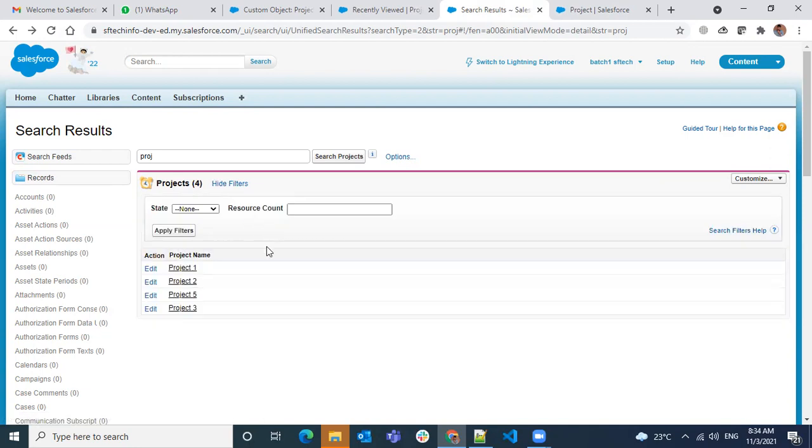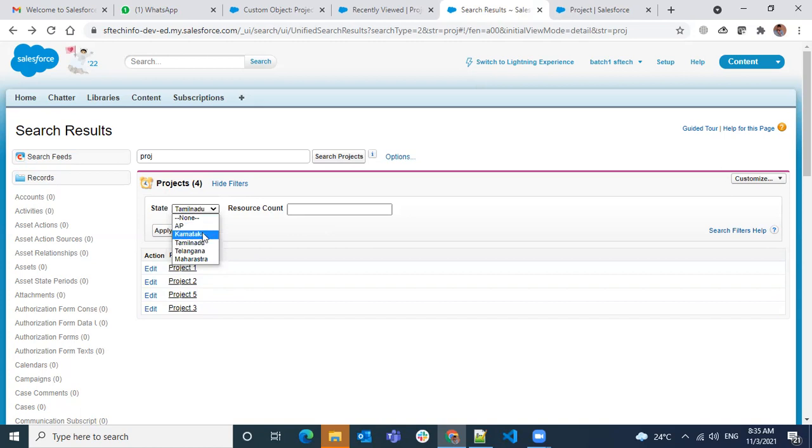So when we have more records that have a similar name and you cannot open all the records and see those, and you want to filter the result set by using some fields, you can configure those fields. So I have added resource count and state here. So these two will be added over here so that when you have more data and you want to filter it, you can use these options to filter.